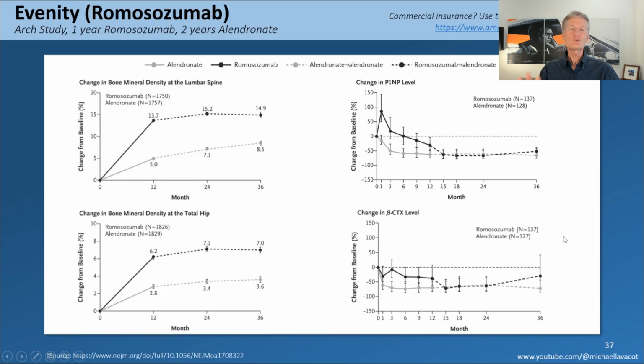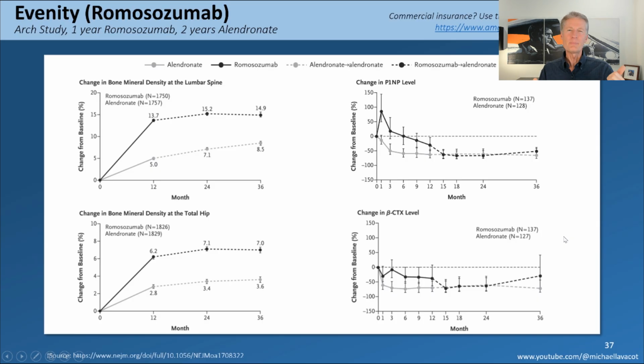So anyway, these are the major clinical trials that show the performance that you get, or that they got on the clinical trial. And on the right-hand side, it shows the bone markers. Now, I'm not going to get into bone markers. I should have a whole separate class on bone markers. They are important. They help you calculate.